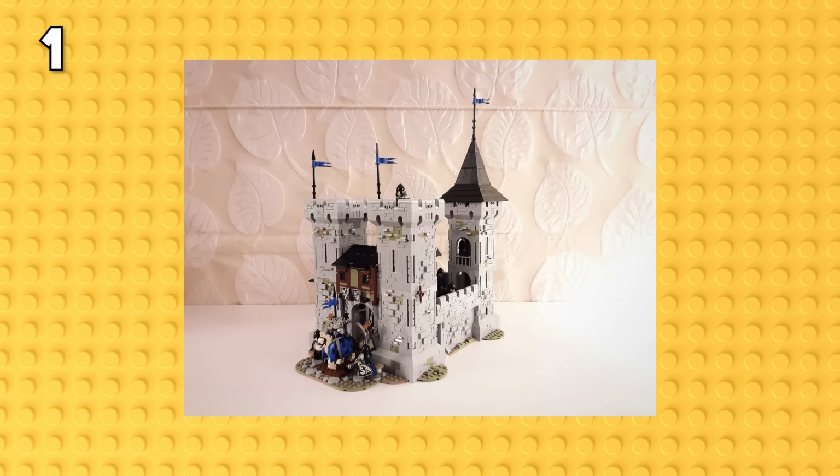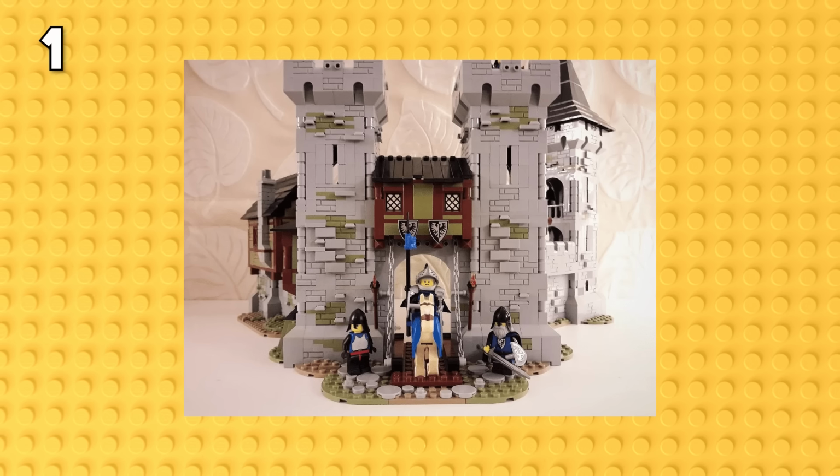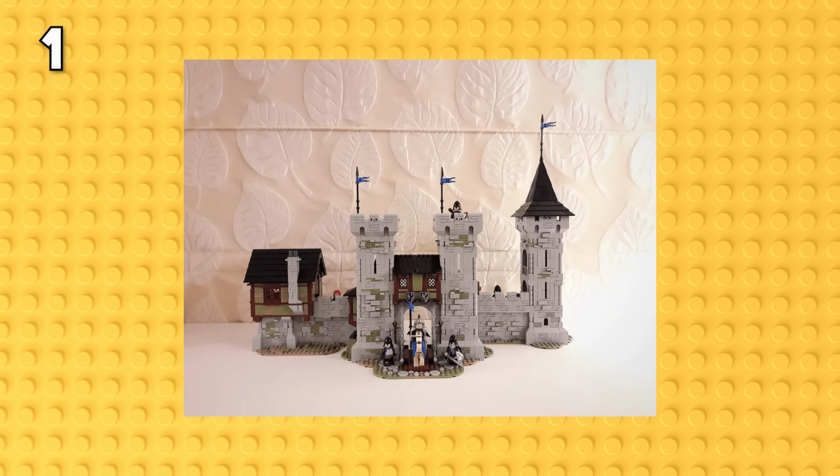I think the one and only thing I dislike about this MOC is the olive green color on the gatehouse. I feel as though a different color here, maybe in white, would have looked a lot better. Actually, now that I think about it, I think that white would have looked good on all of the wooden parts of this build. Even so, this MOC is a real treat,